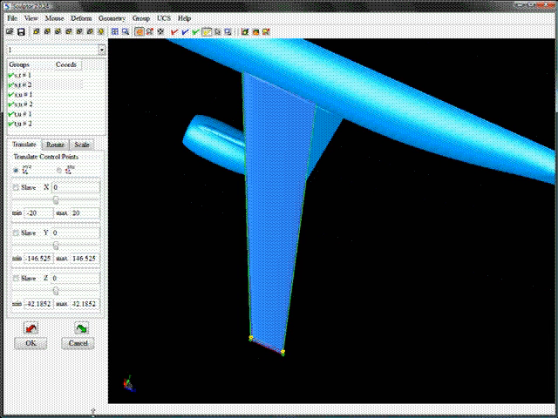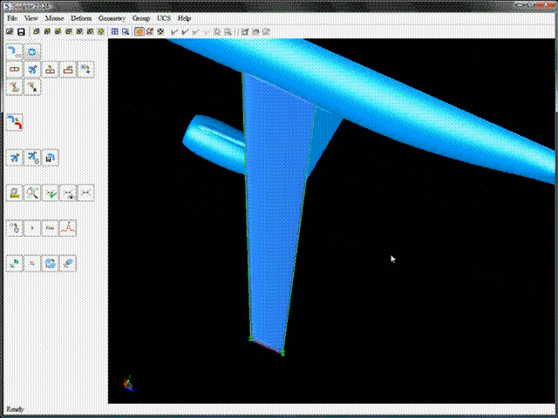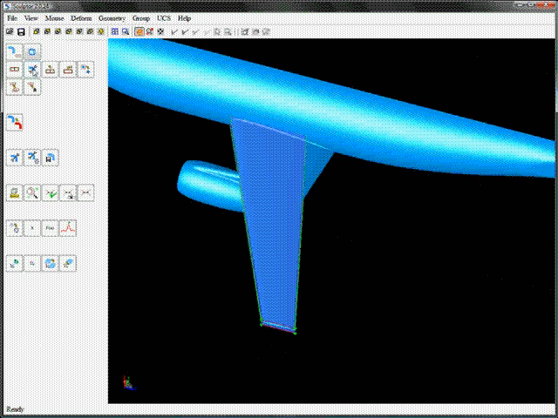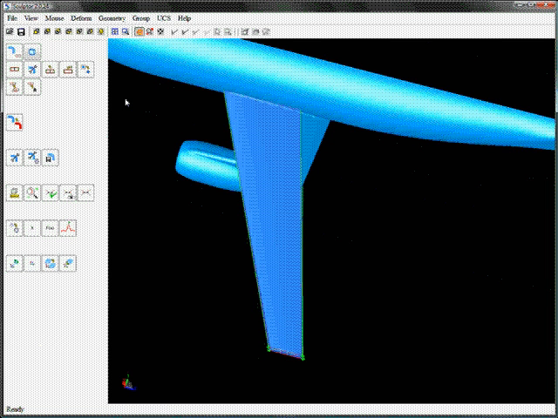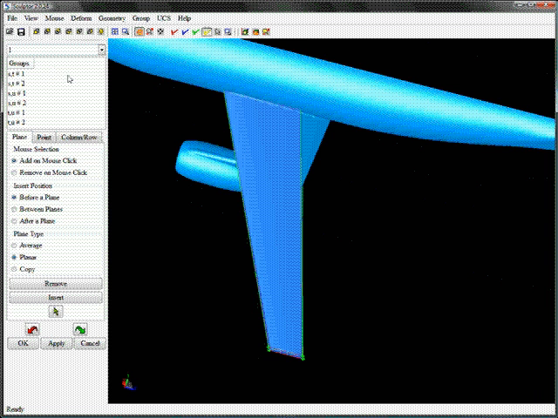Now I will create a plane here so we can bring this point back. Okay, we need to close this dialog here, the deform grid, I believe, or the modify volume button. So we actually want to add a plane, so we click here on the add plane button, and there are a number of ways we can add a plane. We can either select it by